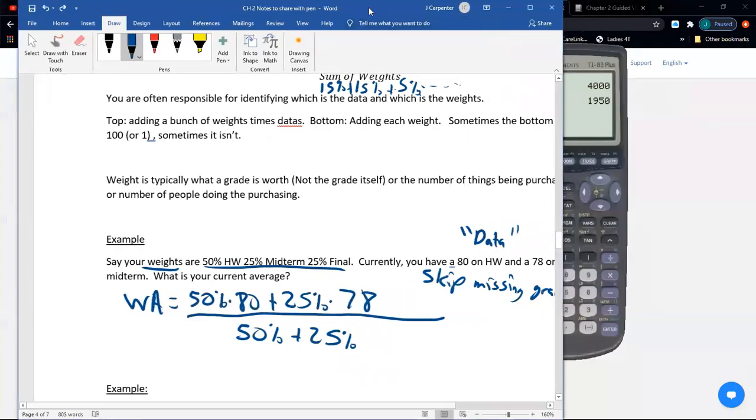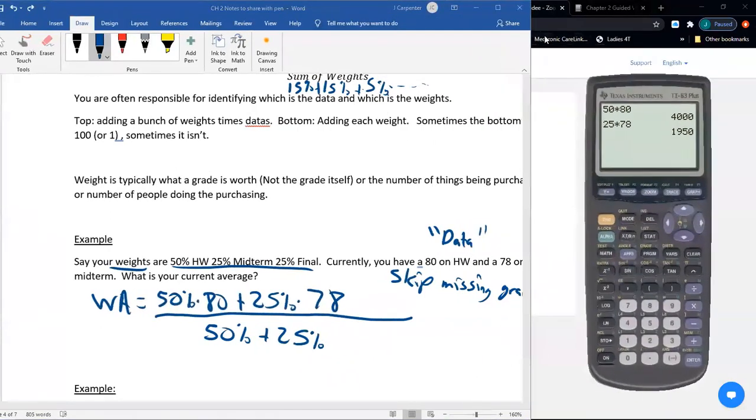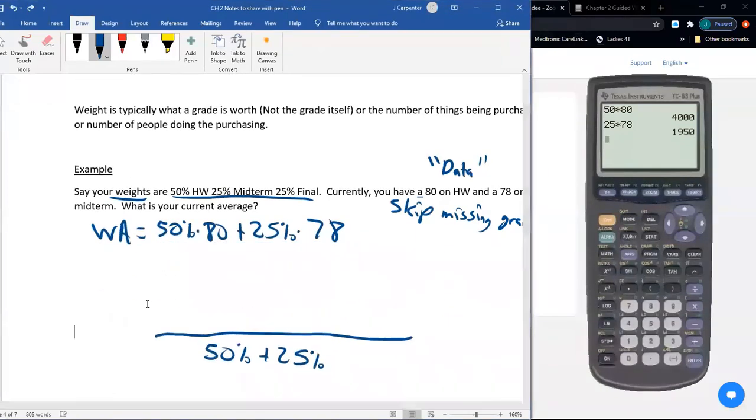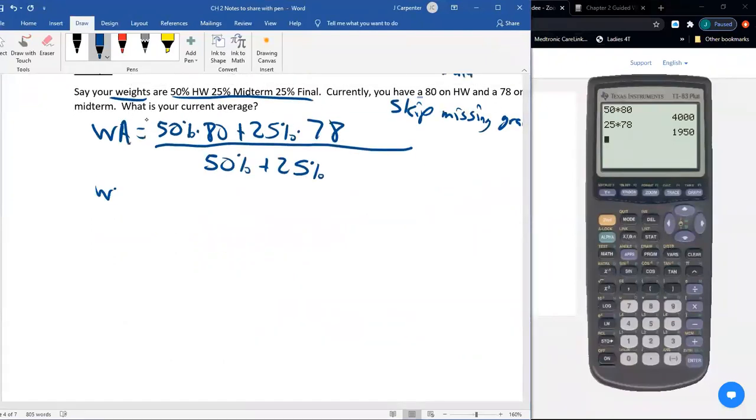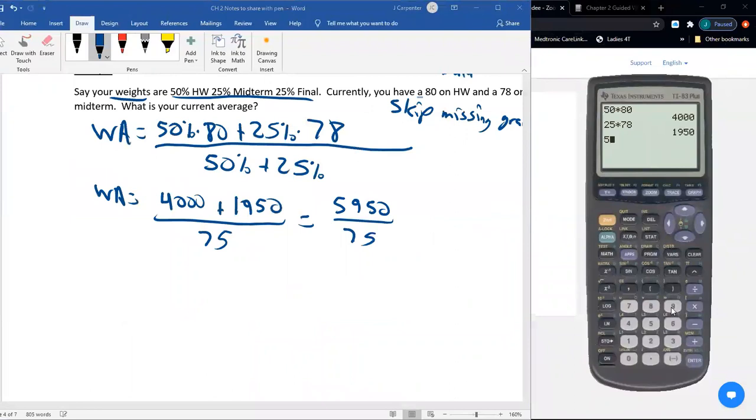Weighted average. So that'd be 4,000, that was the 50 times the 80, plus the 25 times the 78, which is 1950, over 50 plus 25, which would be 75. 4,000 plus 1950 would be 5,950. Divided by 75. So let's do that division. 5,950 divided by 75. And we get